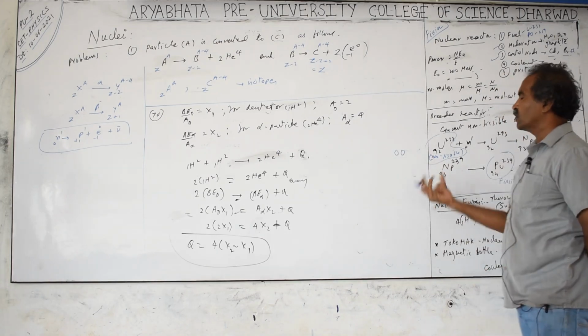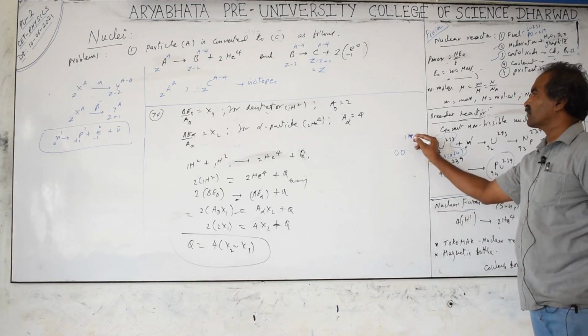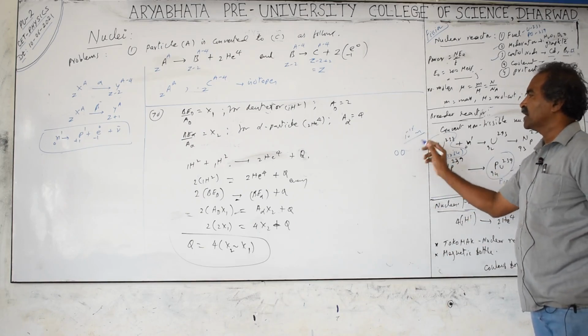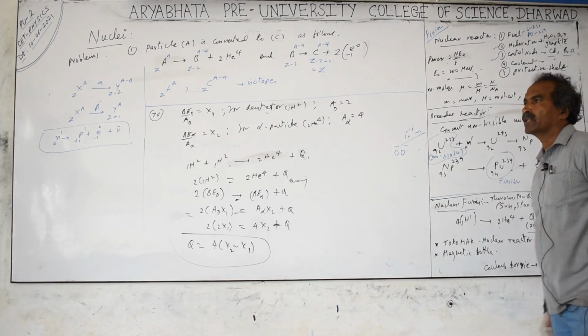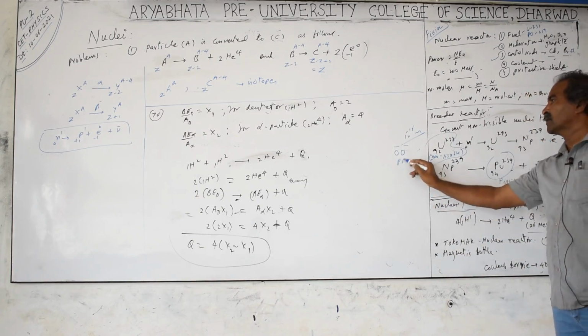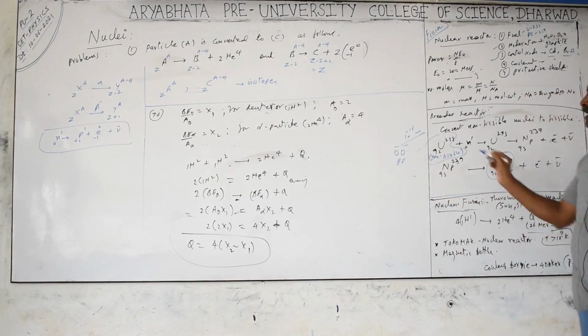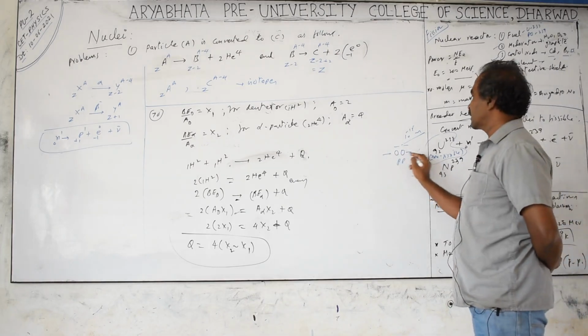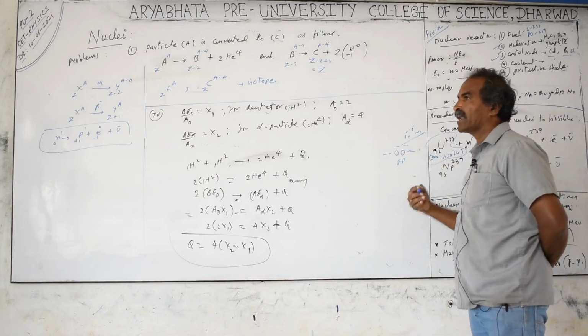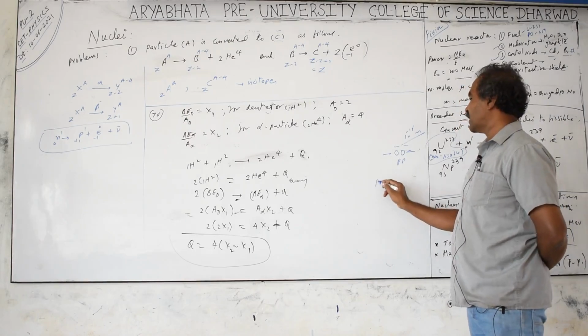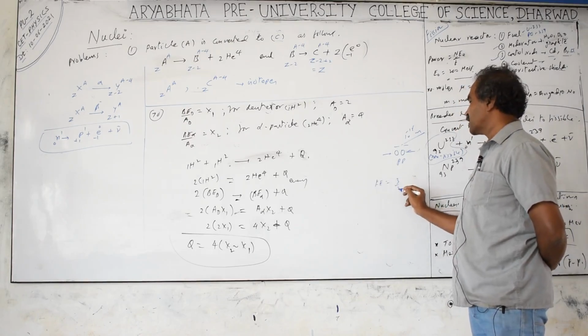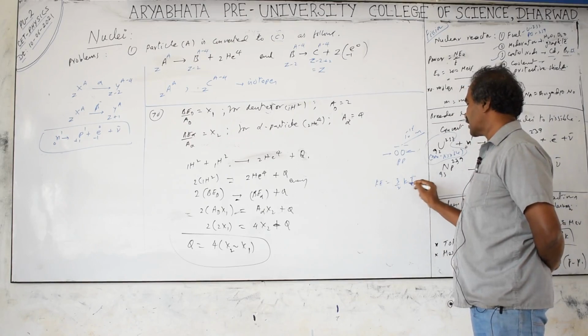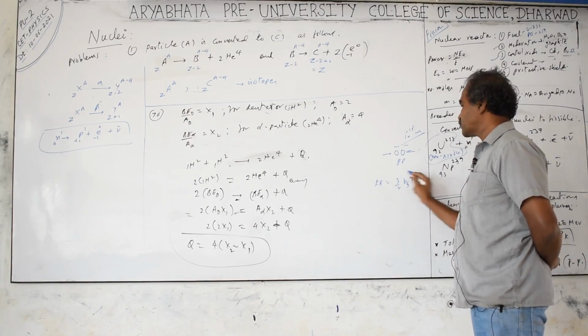Repulsion will be there, Coulomb repulsion. When the distance is in the order of 10 to the power of minus 15 meters, or Fermi, then automatically attraction is produced because of the nuclear attraction forces between proton and proton. So making proton-proton combine is not an easy process. For that, high temperature is required. That high temperature gives these particles high kinetic energy. The kinetic energy formula you already know for gases is 3 by 2 kT for monatomic gases. K is the Boltzmann constant, T is the absolute temperature.